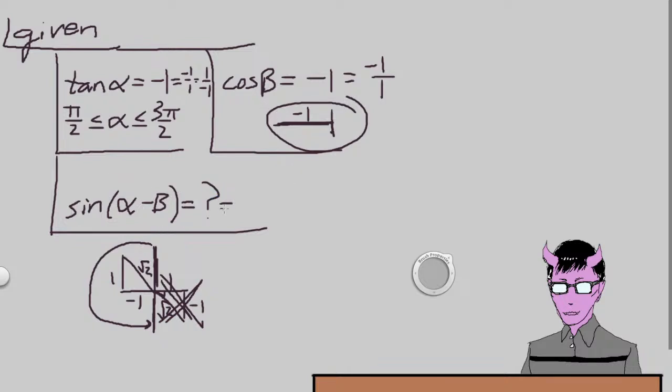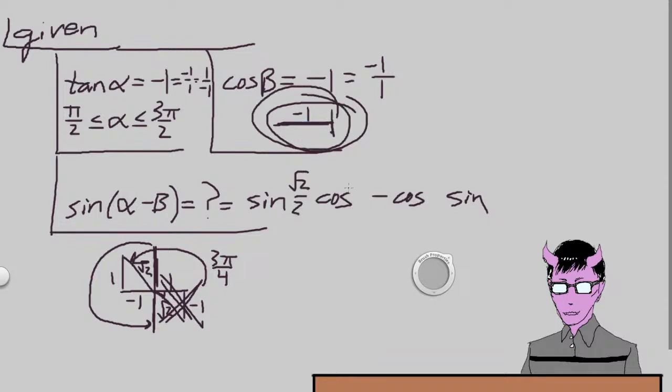Do the expansion. So we have sine, cosine, cosine, sine. Keep the same sign. So what's the alpha? It's going to be this one, which is from here to there, which is 3 pi over 4. So evaluating this one, for the sine, root 2 over 2. Cosine on the beta,